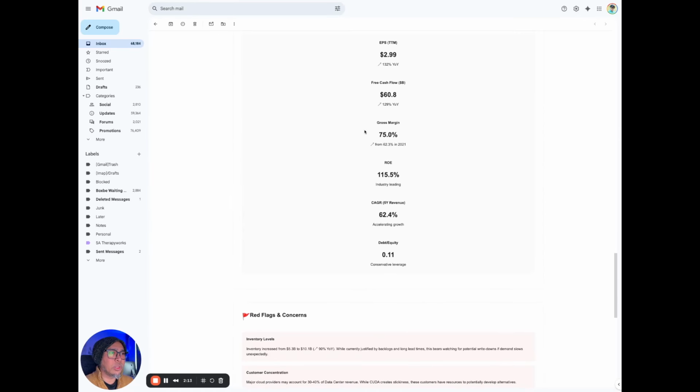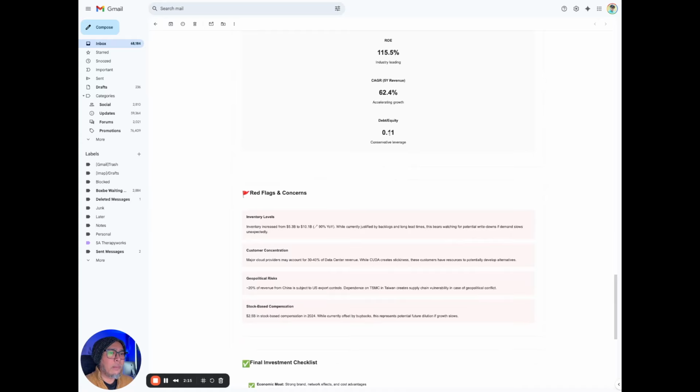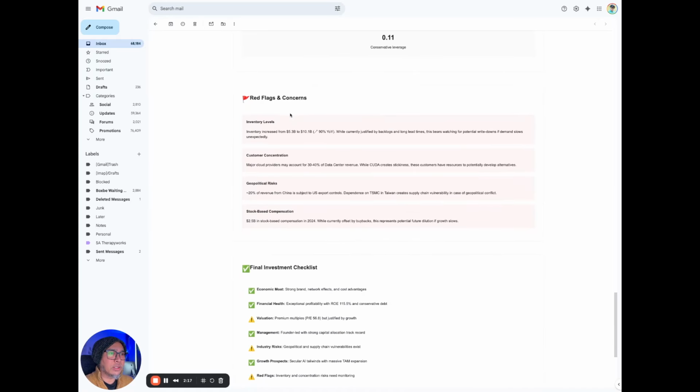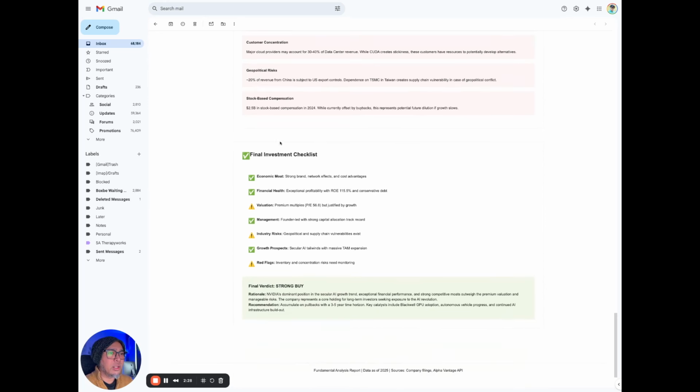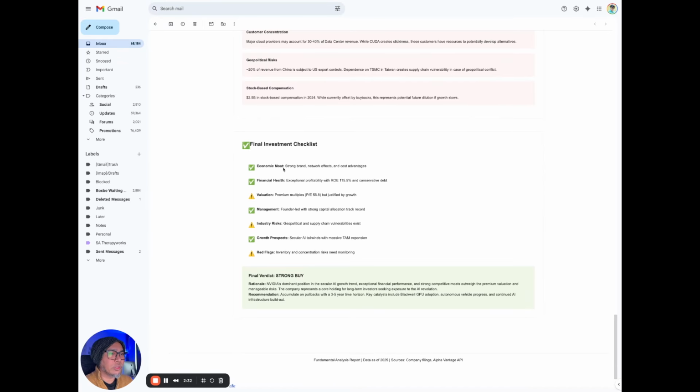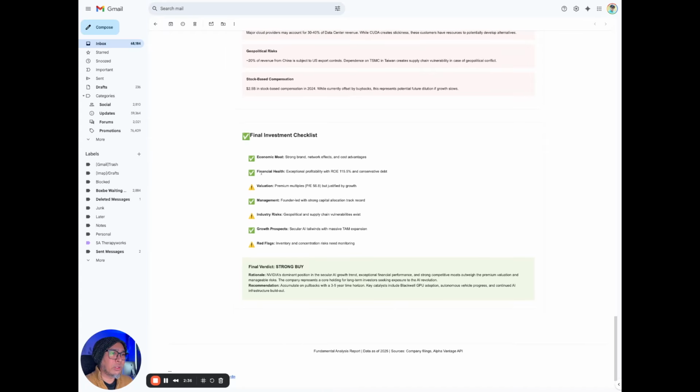So the key metrics, as we spoke about earlier. And then it gives you the red flags and concerns, like what are the possible negative effects of the current situation that may affect the company. And then it gives you a final investment checklist, okay? So economic moat, good, strong brand, network effects and cost advantages, financial health, exceptional, profitability,